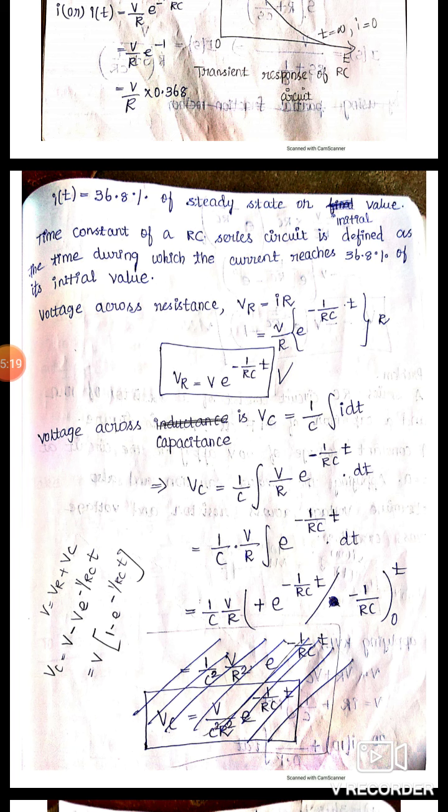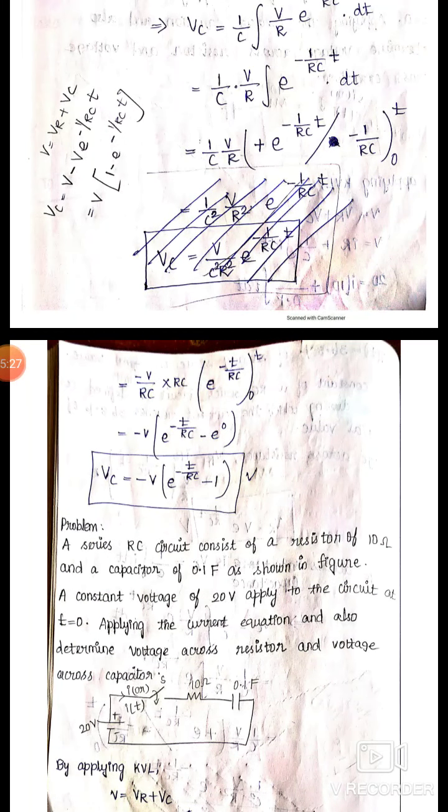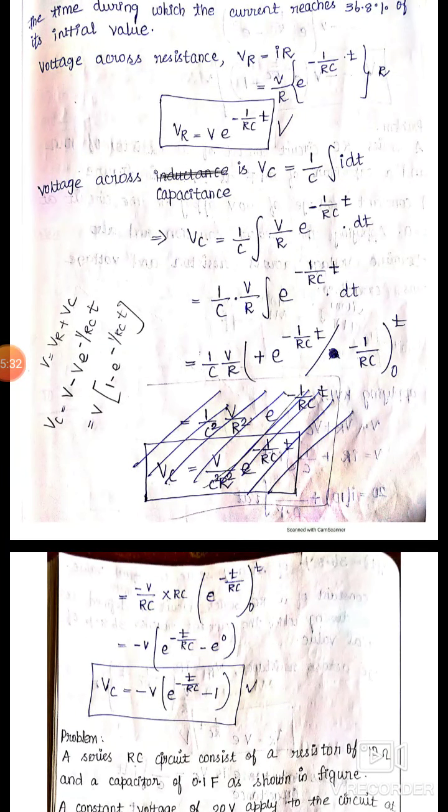So integrate the above equation, we get V sub C is equal to 1 by C into V by R into e power minus 1 divided by RC into t, divided by minus 1 by RC, the limit 0 to t. So minus 1 by RC is a constant, so take outside. So minus V divided by RC into RC into e power minus t divided by RC, the limit 0 to t. The RC cancel each other, so the equation becomes V sub C is equal to minus V into e